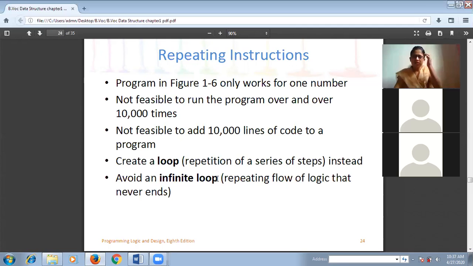That means once we have computed the double values for 10,000 numbers, then our program should be able to exit from it. Okay, and this is the condition of repeating instructions. Repeating instructions means we want to repeat some set of steps for number of times.